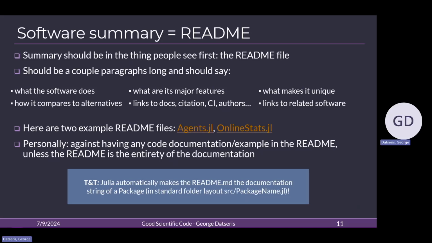Right. So if I were you, what I would do is I would just make the README be just a paragraph from your opening in the documentation and the bullet point list of the features. That should be enough. The README really should only be a couple of paragraphs at most.